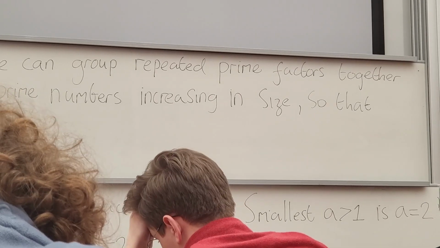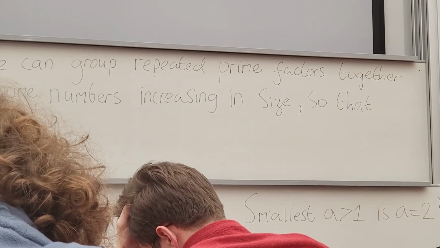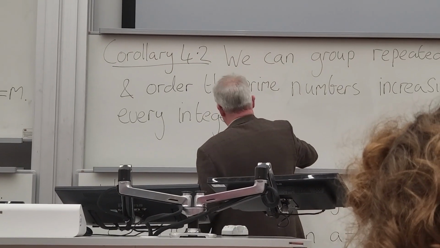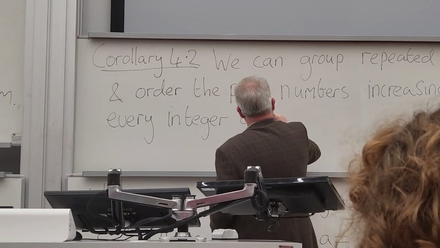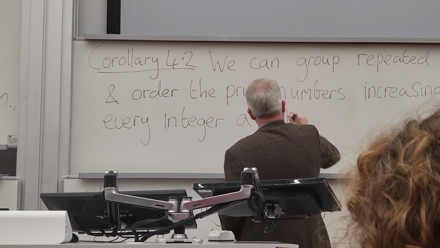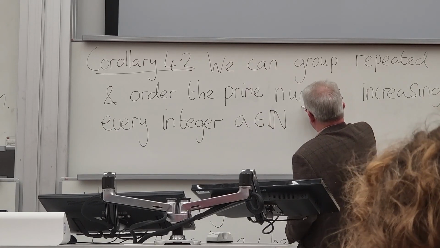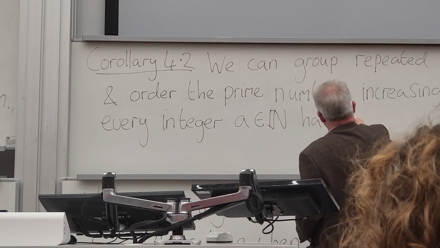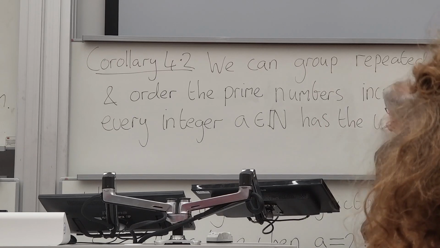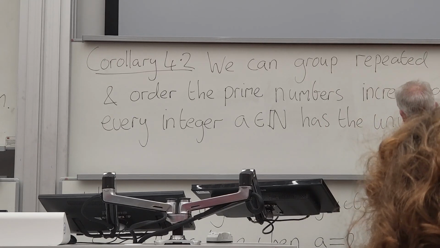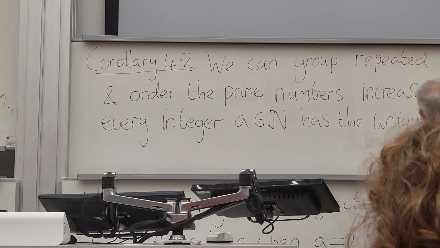So let's say every integer, we use little n or a, we're using a's here, A in the natural numbers, as the unique representation